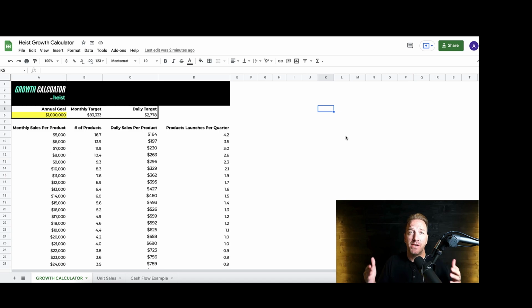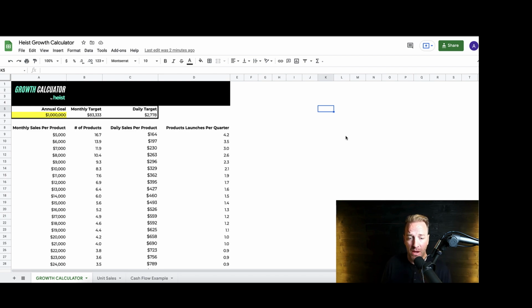So the key point of this video is to tie together these mathematical understandings of the targeted revenue you want to achieve with your Amazon business and seeing how that plays out at a dynamic level and at a product level for what you need to do on a monthly, daily, and product basis to achieve that. We're also going to look at a cash flow example because cash flow is king, and really understanding the mechanics of cash flow and how that plays out, both in terms of its ability to impede or accelerate your growth